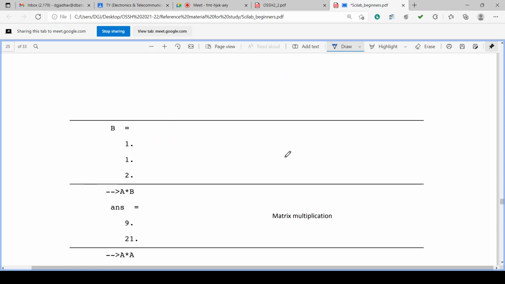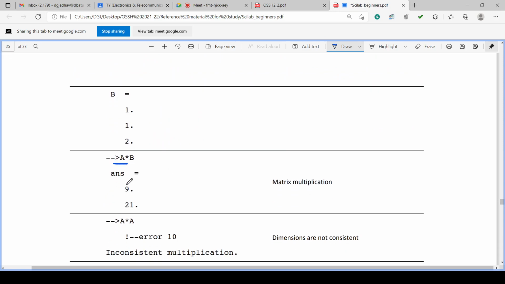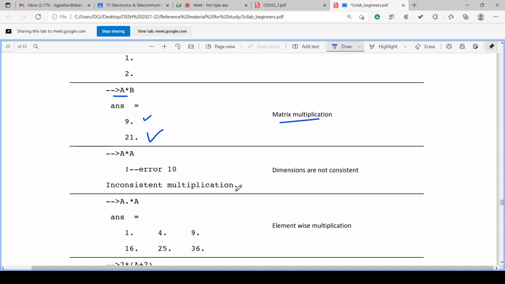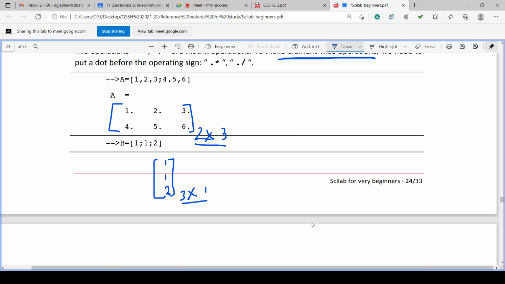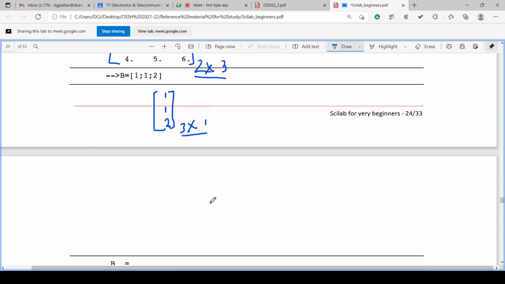Okay. A into B, we will get 9, 21. Matrix multiplication. But A into A will give an error, because the dimensions are not consistent. A into A is 2 by 3 times 2 by 3. So A into B has 2 by 3 and 3 by 1 dimensions. The inner dimensions will cancel and the result will have 2 by 1.